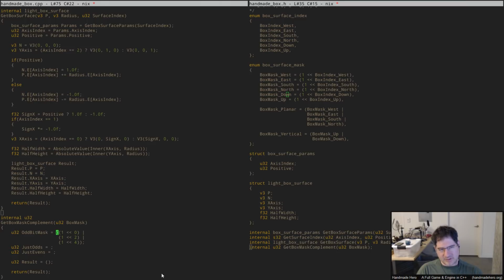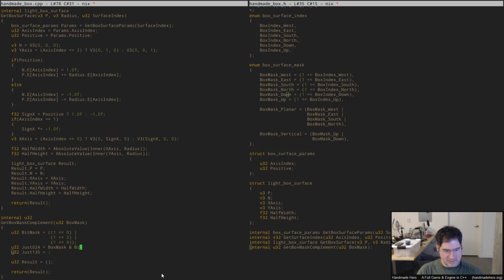I guess if we wanted to say bit 0, bit 1, bit 2, maybe you would call this the even bit mask. It depends whether you want the 1 bit to be called 1 or 0, and then here's what we'll say. How's that? Now there's no nomenclature. So what I want to do is say, all right, let's take the box mask and